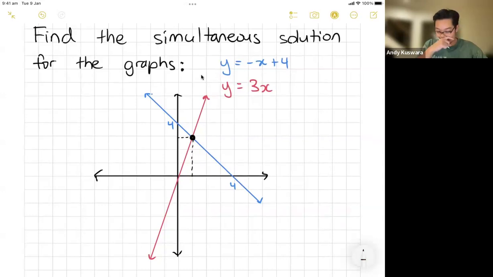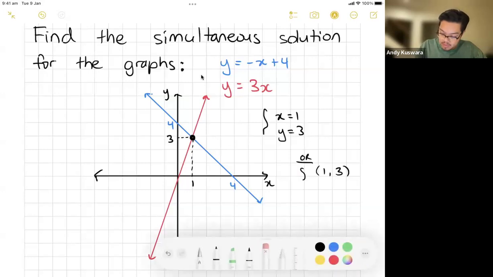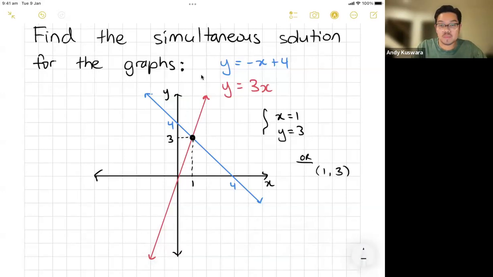And I've drawn this graph to scale, so I can say with confidence that this value here would be 1, and that value up there would be 3. Don't forget, x is always your horizontal, y is always your vertical. So in other words, the solution for this would be x equals 1 and y equals 3. Or I could write my solution as (1, 3), because that's my x, y coordinate. Either one of these two will be my correct answer. And if I was really suspicious, I would substitute my answer into the equations just to double check. However, that is going to be